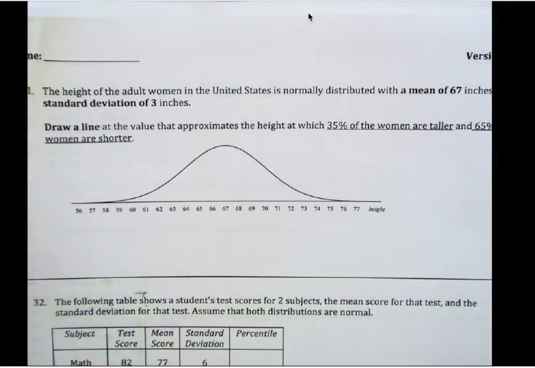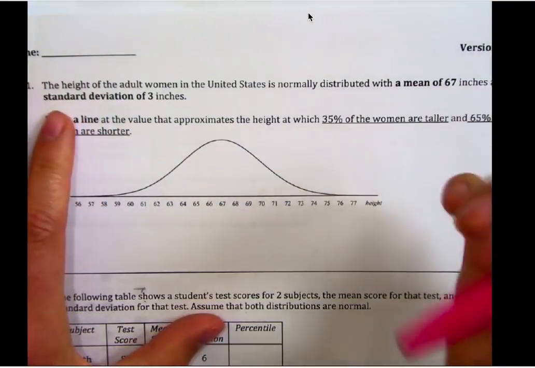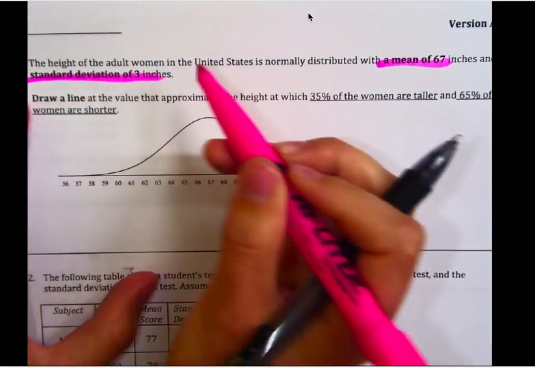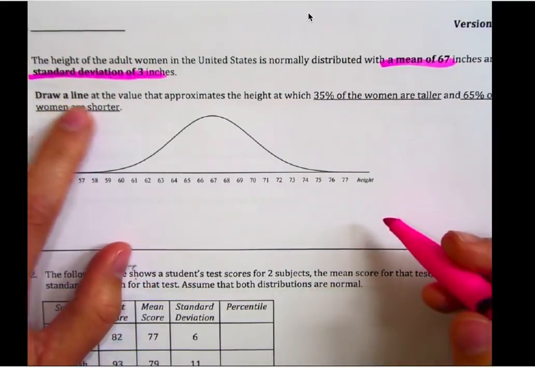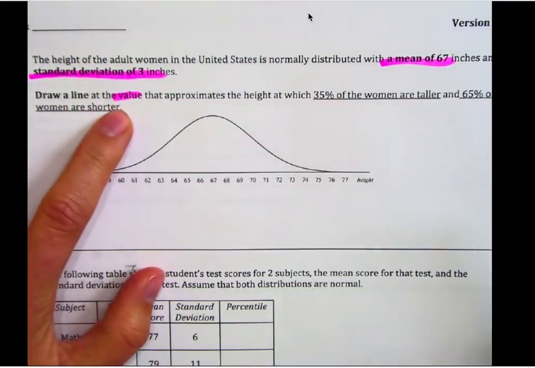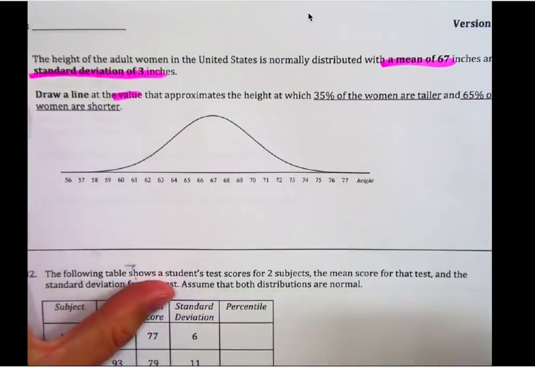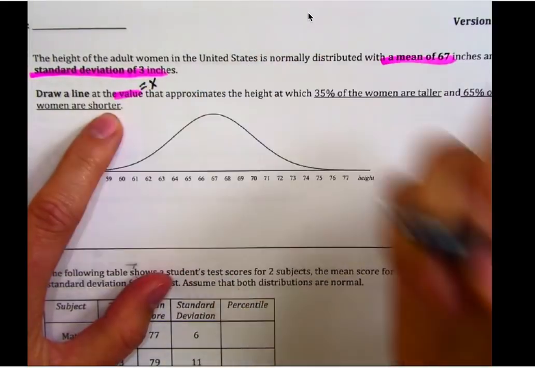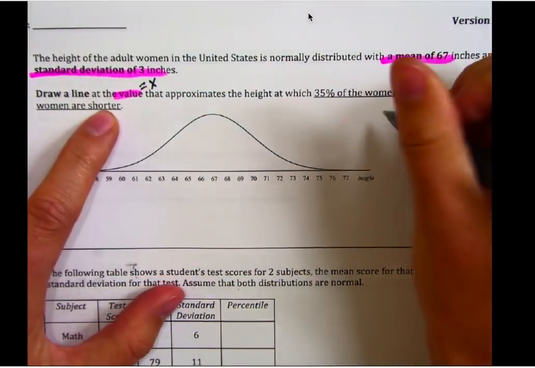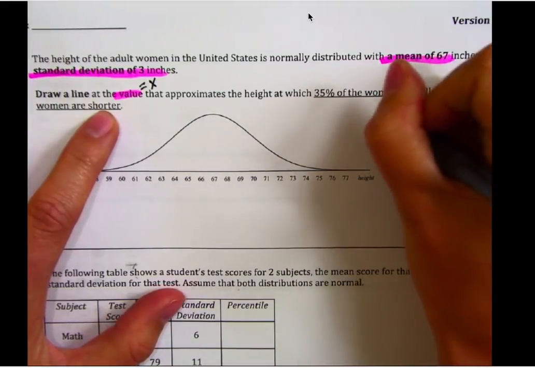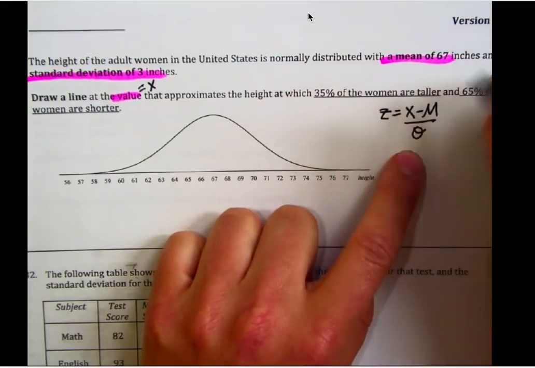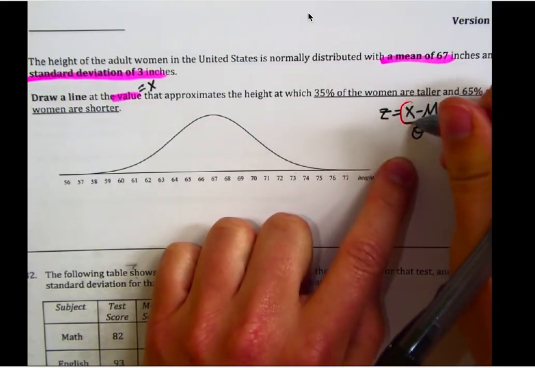And they're telling us it's normally distributed with a mean of 67 inches and a standard deviation of 3 inches. Okay, we're going to draw a line at the value that approximates the height at which 35% are taller and 65% are shorter. So we're looking for X, our value in our z-score formula. So we will be using this value minus mean divided by standard deviation, and we're going to be solving to